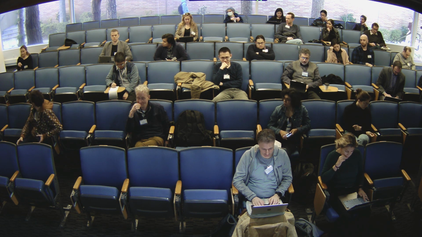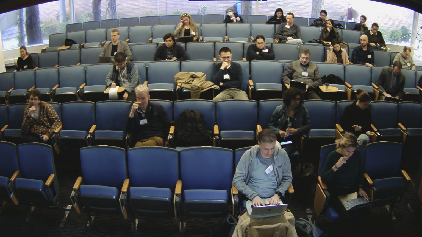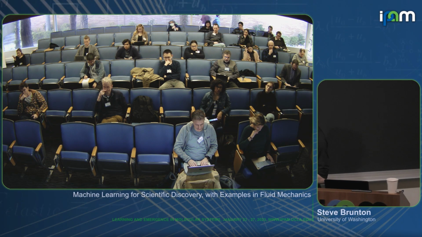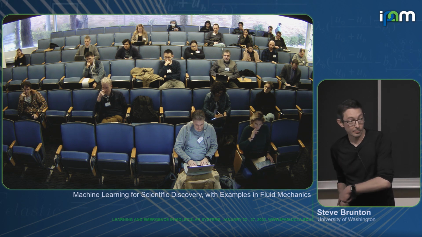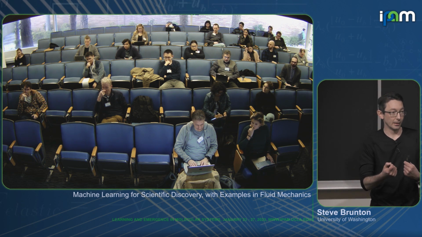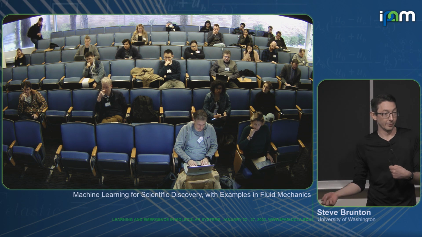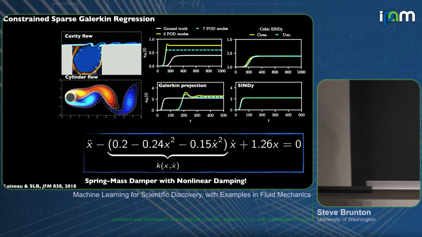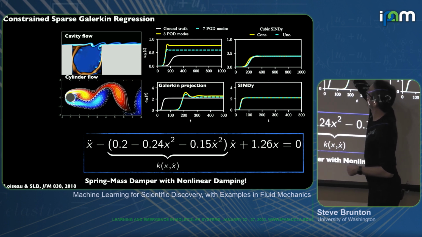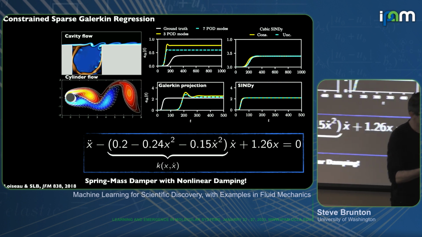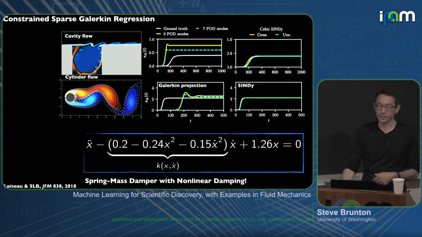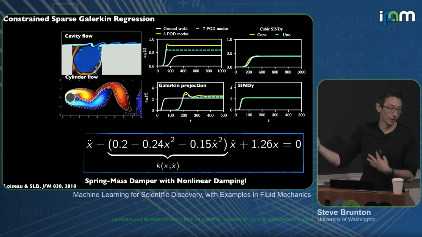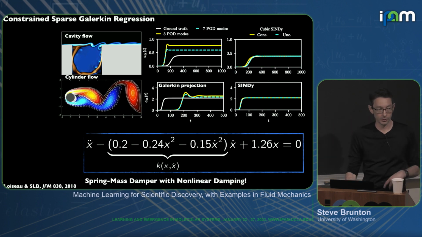Yes? How easy is it to interpret the meaning of specific coefficients in terms of material properties or fluid properties? Yeah, that's a really good question, and that is what got JC interested in this in the first place, that the coefficients had physical meanings, and he could identify, oh, this one's not right, we need to fix this one. So, for example, this linear growth rate is a very important property of the fluid that has to do with the bifurcation parameters like the Reynolds number and things like that. So there are definitely things you can read off of these equations and tie them to physical properties for sure.